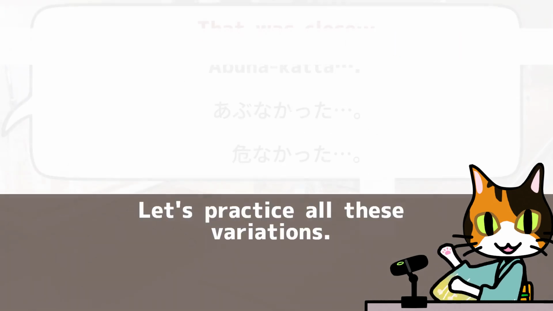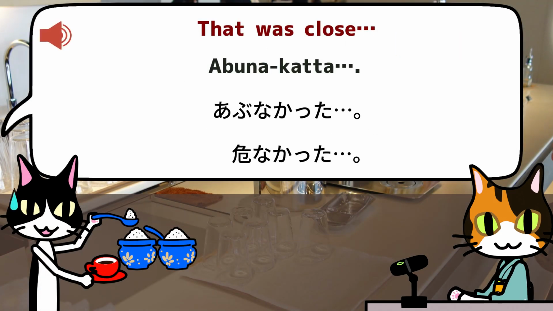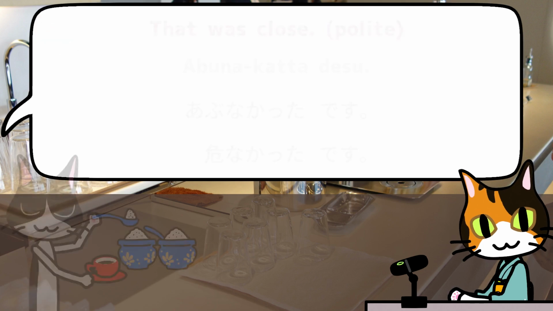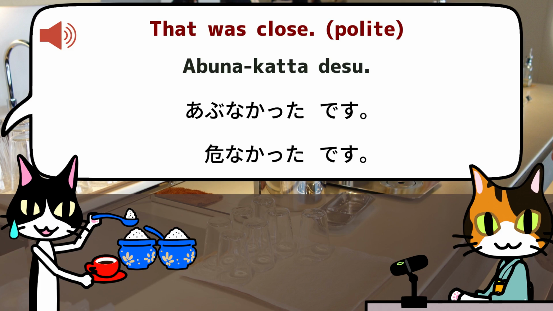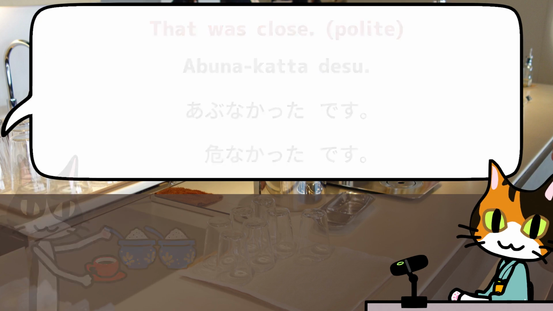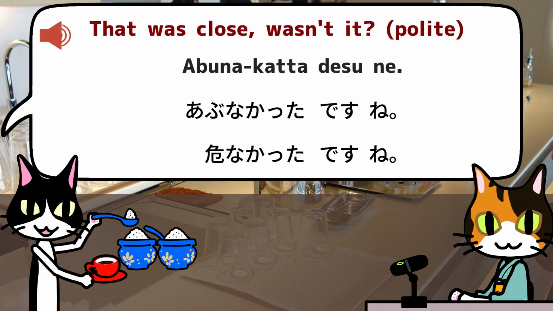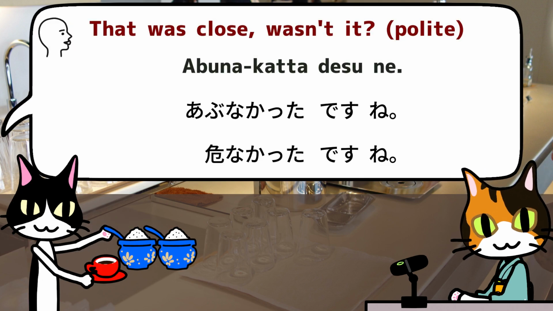Let's practice all these variations. 危なかった。危なかったです。危なかったですね。